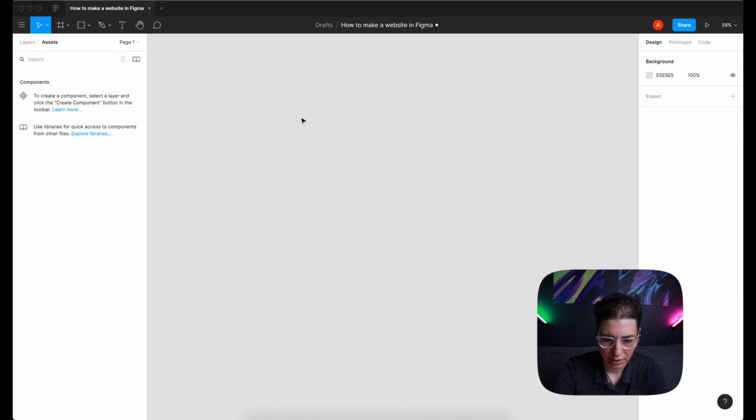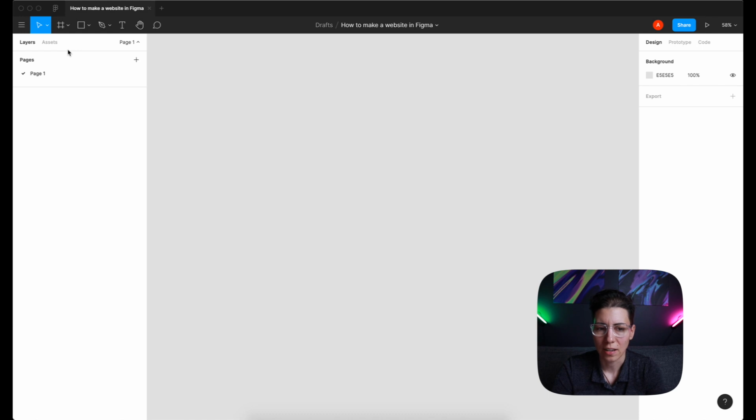Okay, I'm gonna delete this frame one. Also, if you click here, it's a little bit unintuitive if you ask me, but basically you can have pages, so you can create different pages depending on the state of your project.